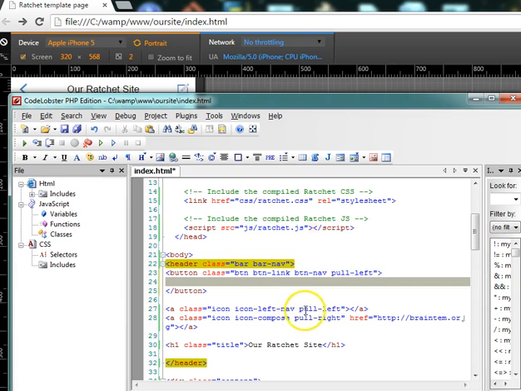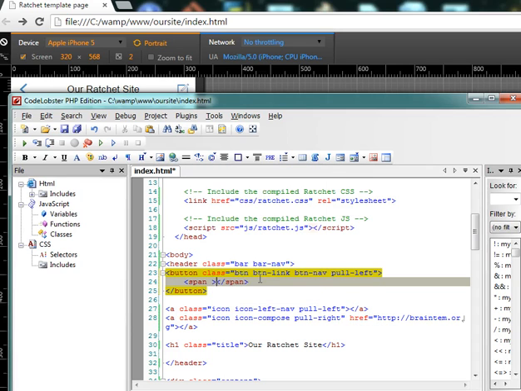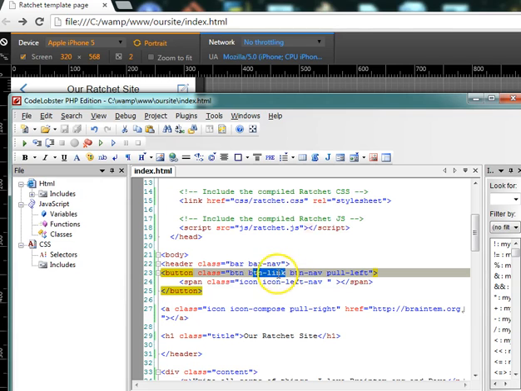Now right inside the button we create the icon. The icon is a span. We create the icon, and of course it's an icon, and we mention the name of the icon we want to use. The name of the icon is icon left nav, and we could just remove this one. Alright, on the left part we have a button. The button is not supposed to show because we are using a button link, right? Not the real button, it's just a link, and